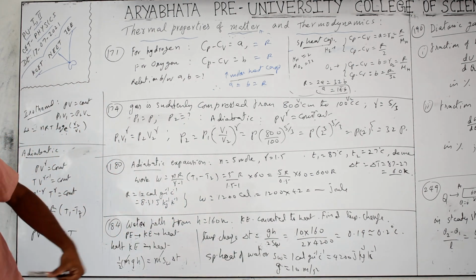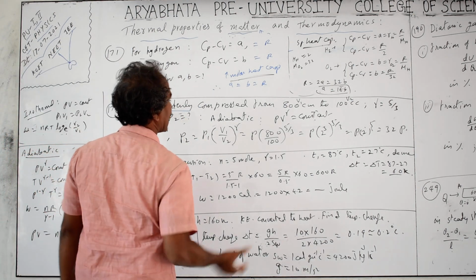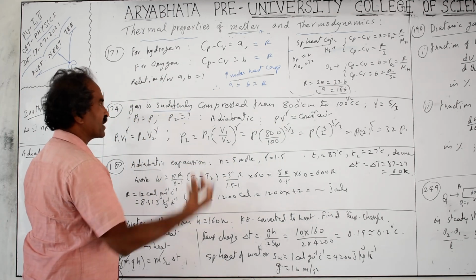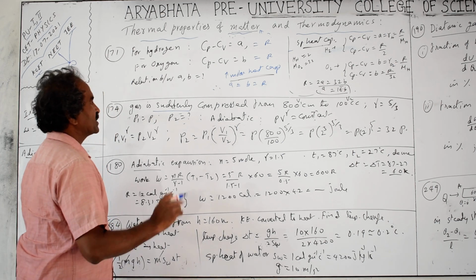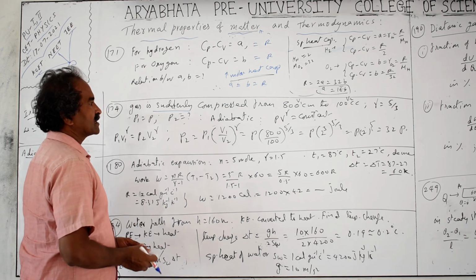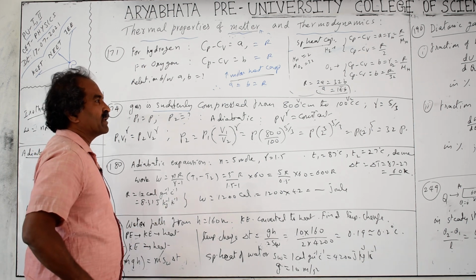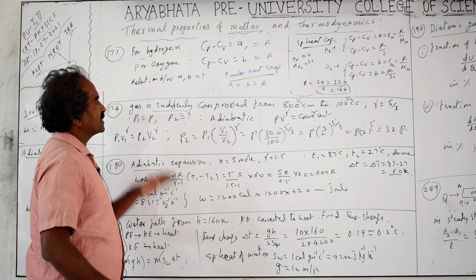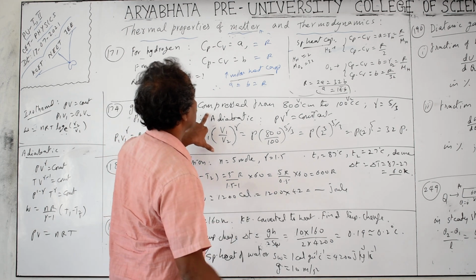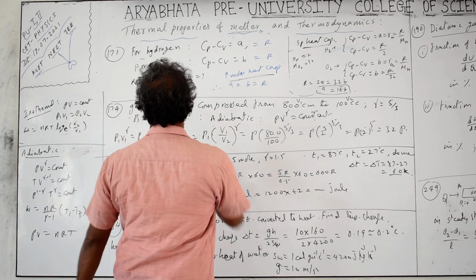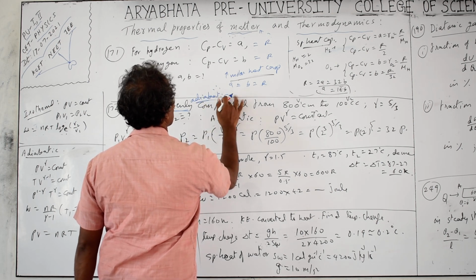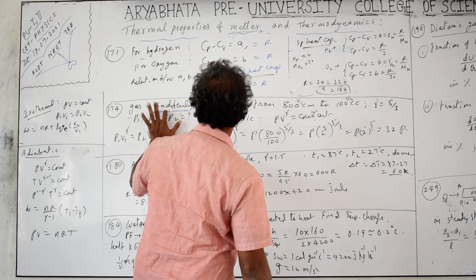Next 174: a gas is suddenly expanded. This word suddenly is important. Suddenly means an adiabatic process, where temperature is not constant. If you pump air into vehicle tires, the pump becomes hot, which means temperature is changing. And when a puncture takes place, the gas suddenly expands into our atmosphere. In sudden adiabatic expansion, temperature decreases. In adiabatic compression, temperature increases. So suddenly means adiabatic. A very slow process is isothermal, where temperature is constant. Here temperature is not constant.